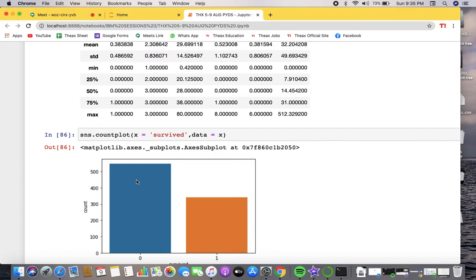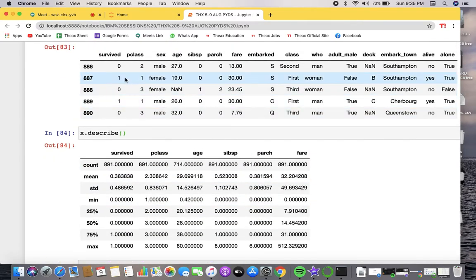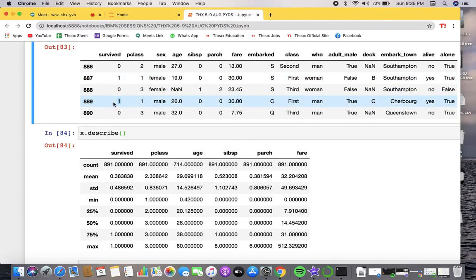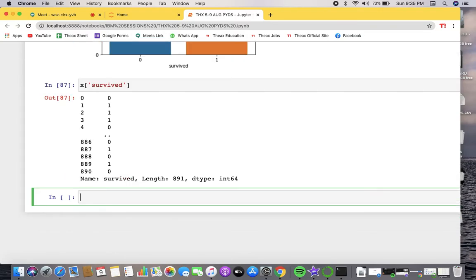That's a bad ratio actually. So what is the exact number of people who survived? The exact number of people who survived will be the ones in the survived column. So if we just find what the survived values are,